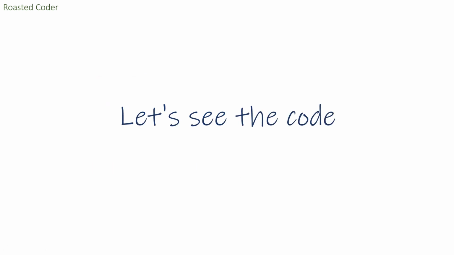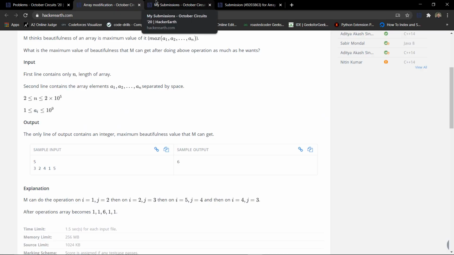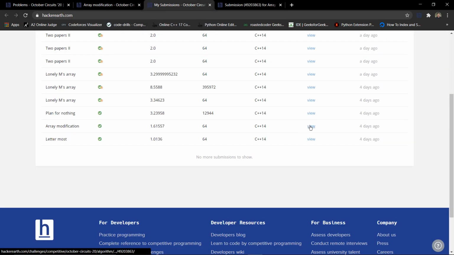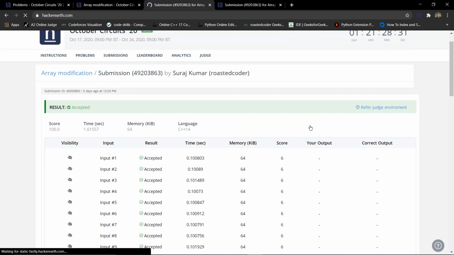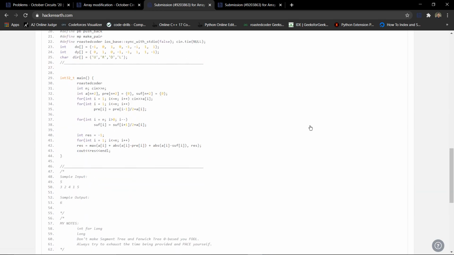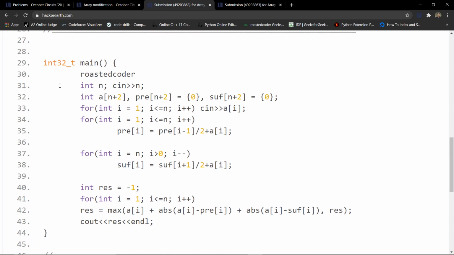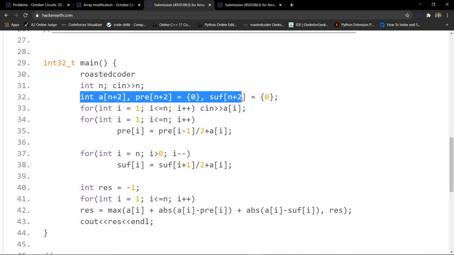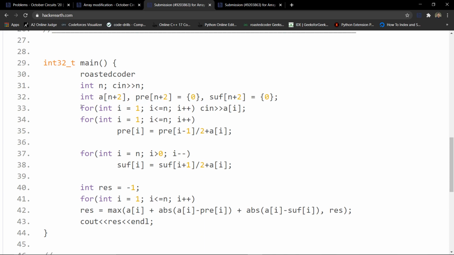So let's see the code. I have taken n as input, and all the arrays, that is array A, prefix array and suffix array, are of size n plus 2, and I am taking input from 1 to n, and again iterating over the array, and prefix of i will be prefix of i minus 1 by 2